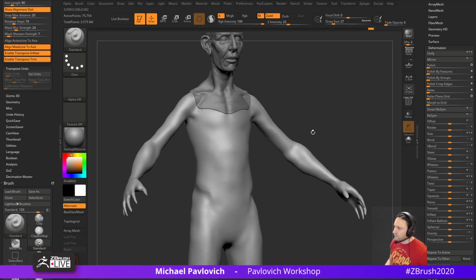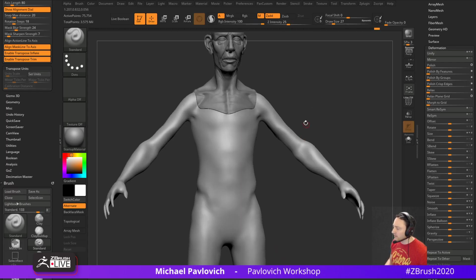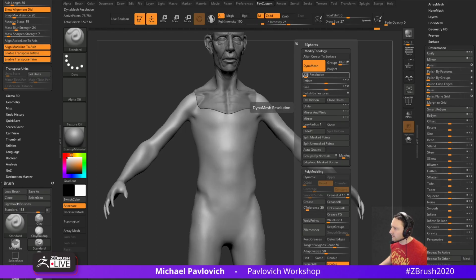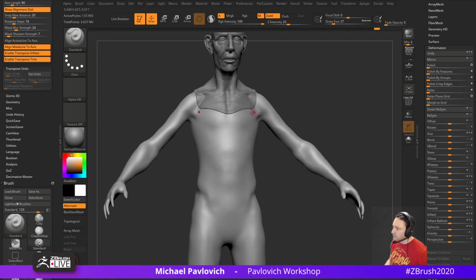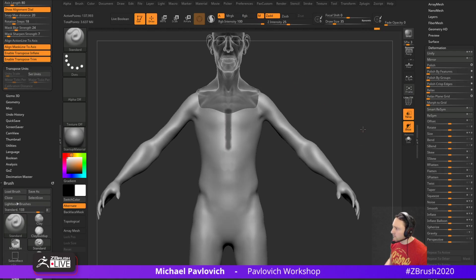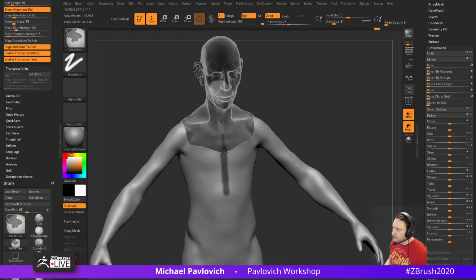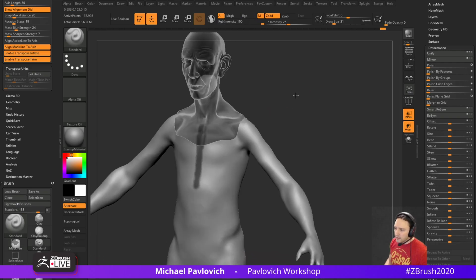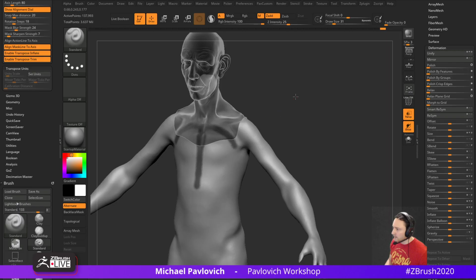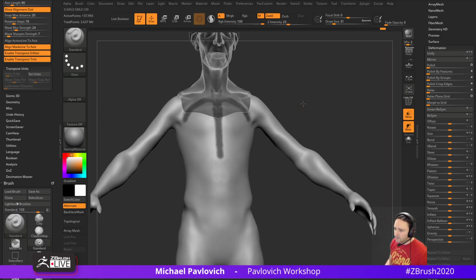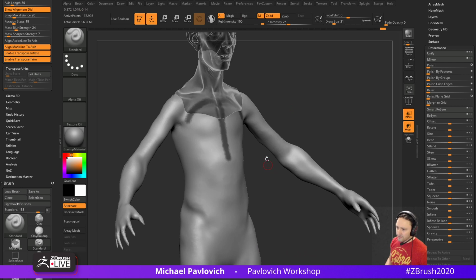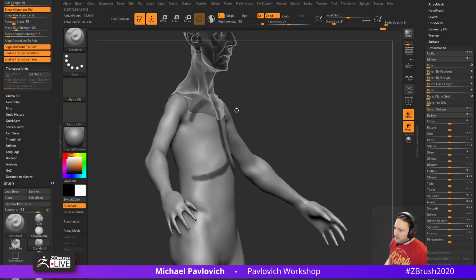Okay, so through here, let's say I'm going to just follow this ribcage line down. And if this is a little bit too low res, I'm not saying it is necessarily for what we're doing, but you can go in here and crank up that Dynamesh resolution and hold down Control and do that. In fact, let's go in here to transparency and have ghost turned on. So underneath this skin here, it'll be a little bit easier to go through and we'll put in a little rib cage design basically. So it looks like all the way down through here, even underneath a little bit, it goes through here, and it does a crisscrossing ribbon effect,